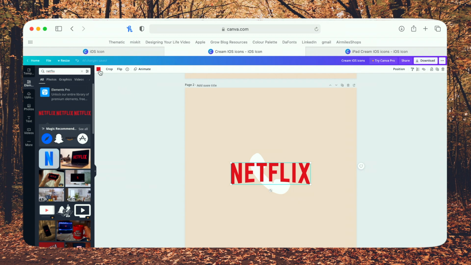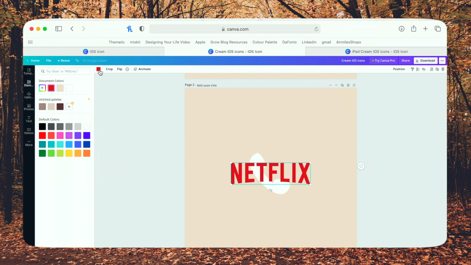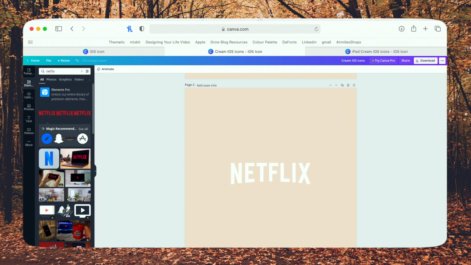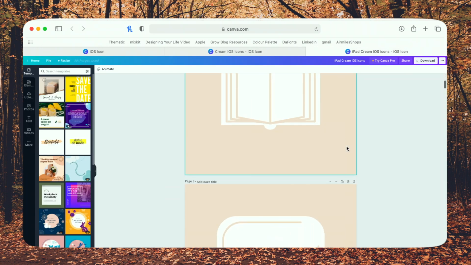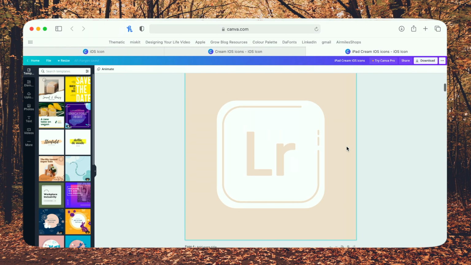But this is not, and I do want to change the color. So I go up here to color and I make it white. And of course, I can delete that other one by clicking and deleting like that. So then I have it done. I just need to make sure that it's perfectly in the center, and that's what I did. So these are all the ones for my phone. I actually ended up making ones that had a bit of a bigger icon in the center for my iPad, and I will let you know why in just a second.